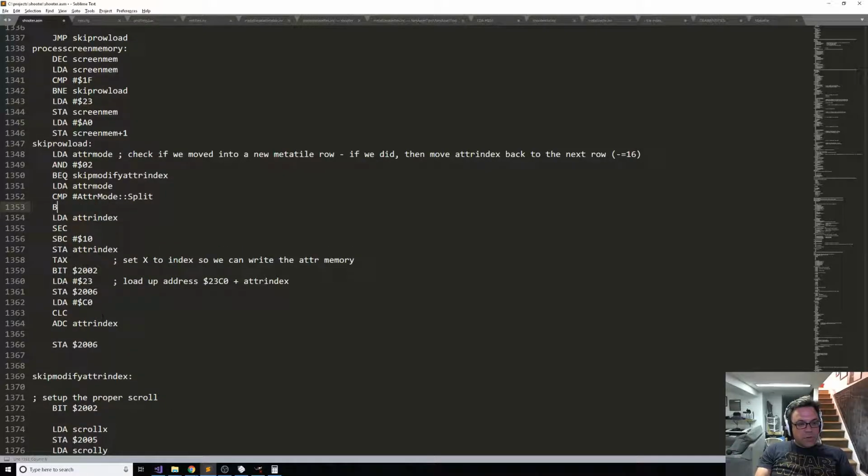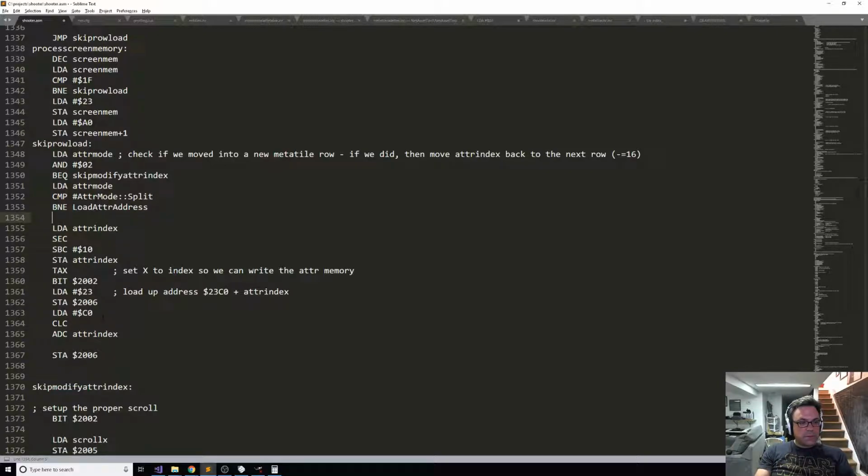So let's see. Branch not equal to load split address. Oh no. Branch if not equal to load address, load adder address. Otherwise, this is load split adder address, and yeah, so that's that. And then what we want to do, we store that, and then we want to load